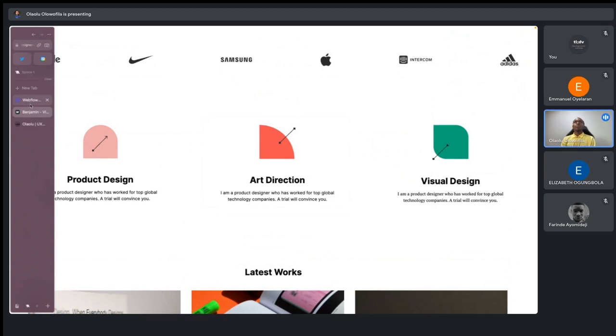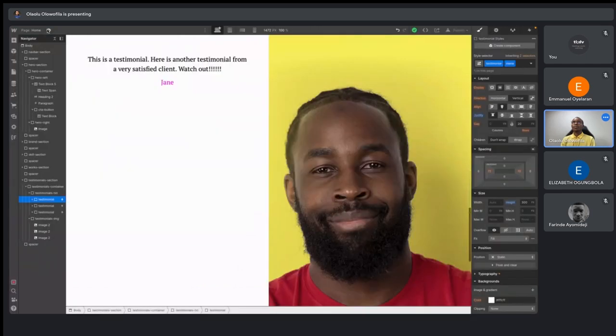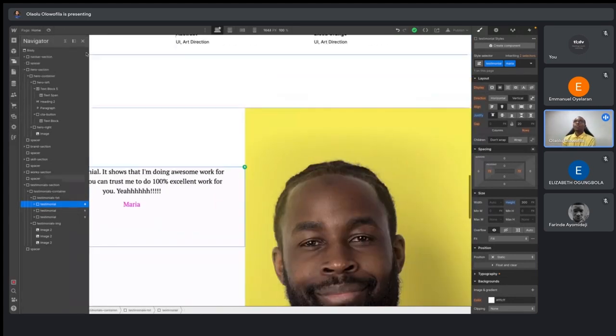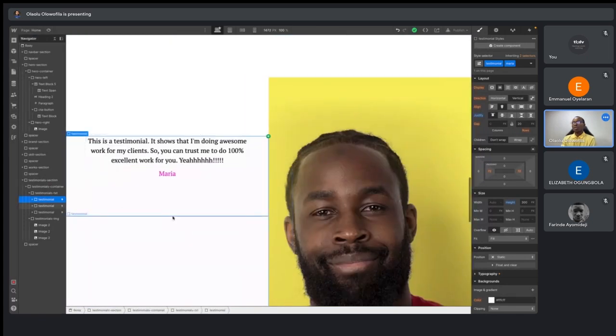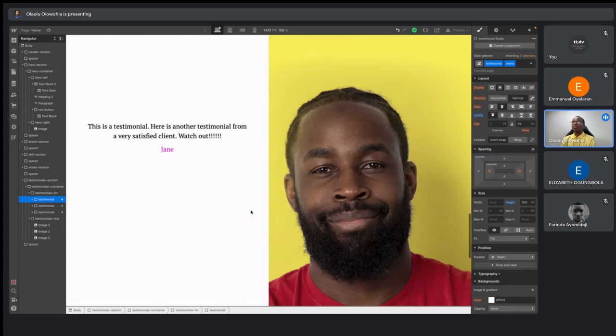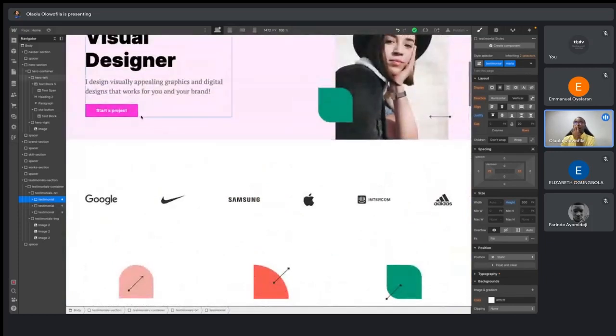All right. So I don't want this to take too much of our time, but I believe at least we've done some demonstrations to show what you can achieve with Webflow interactions. So as a bonus, let me just go ahead and